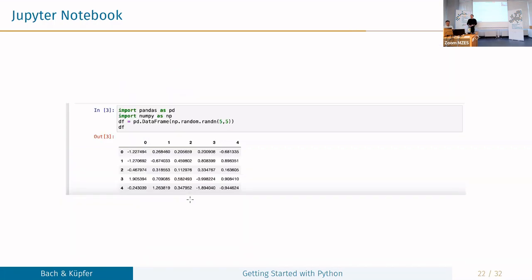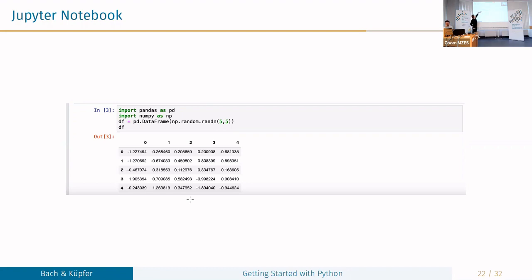Why does it make sense to use Jupyter Notebook? Well, you've already seen some of the stuff, but the interesting things are now, if you want to nicely preview or print out some of the results that our code produces. So here I use the pandas library, and then I created a pandas data frame, and I call the data frame.